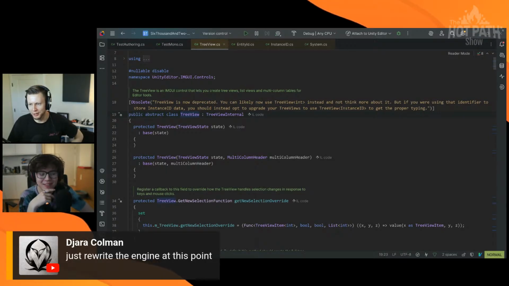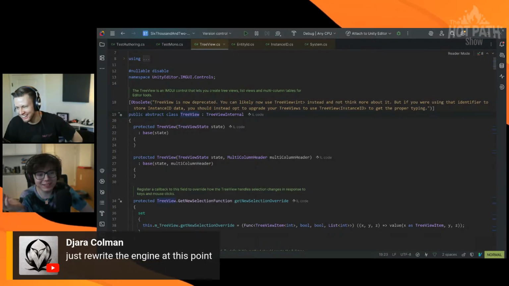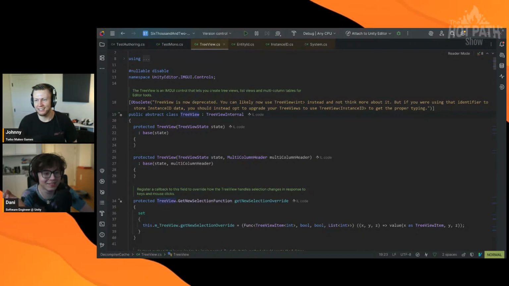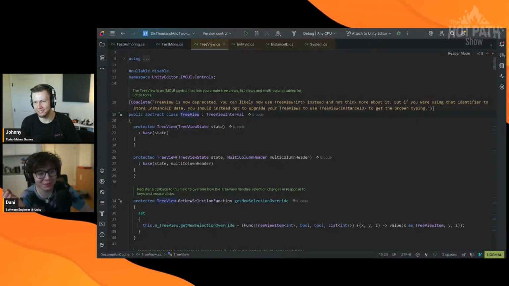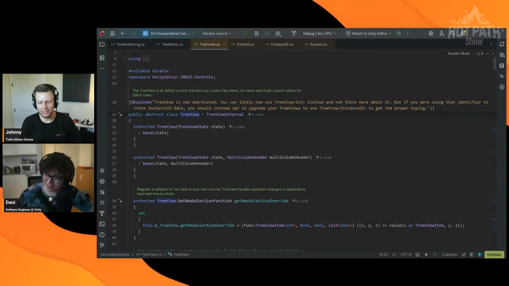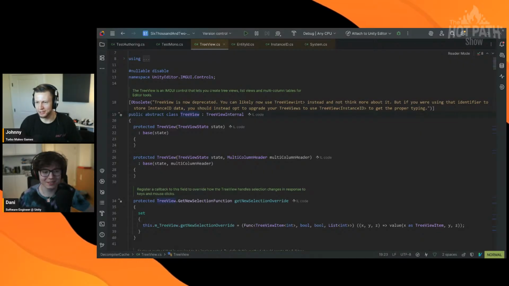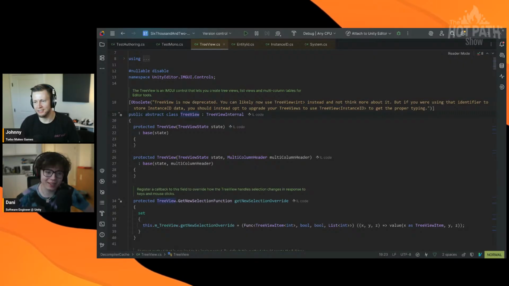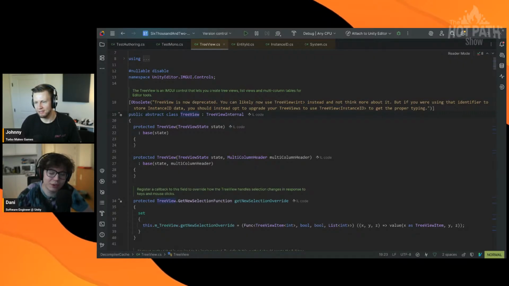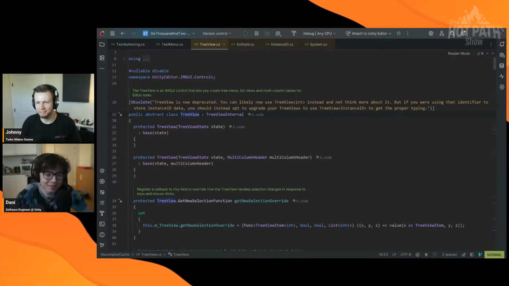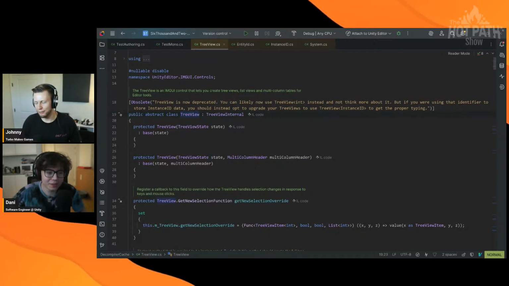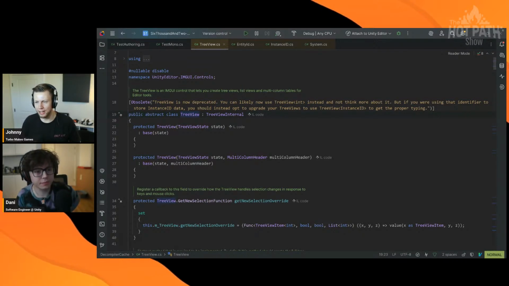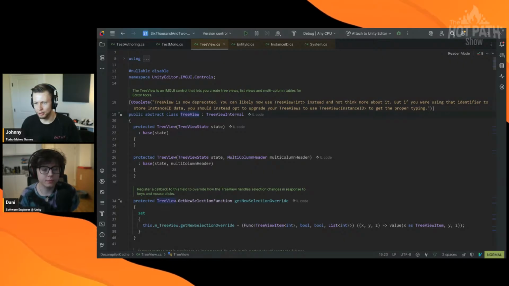Just rewrite the engine at this point. We tried that, and that didn't go so well. I think people have heard of this project called Project Tiny. Oh yeah. That was a Dutch project of all things. Yeah, that was cool. I sadly never got to dive into that too much, but it was a cool little initiative. A lot of Dutch people still think so. It is a cool initiative. It is just very hard to convince anyone that that's a good idea for obvious reasons. And I mean, I feel like anything that you make with Unity, Dots, and ECS right now is going to run fantastic on just a regular phone that most people have. So it's like, yeah,